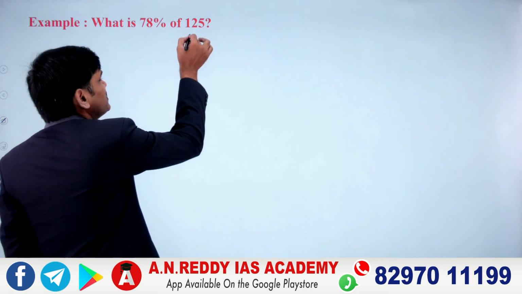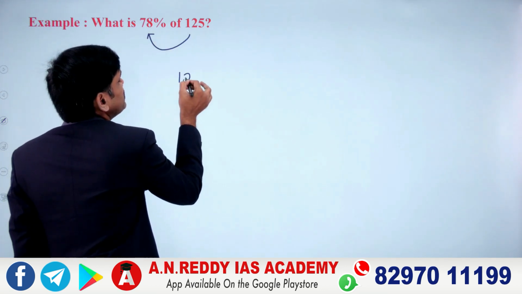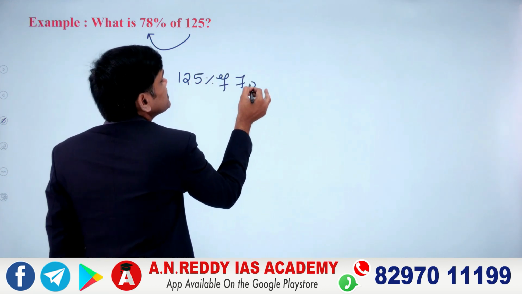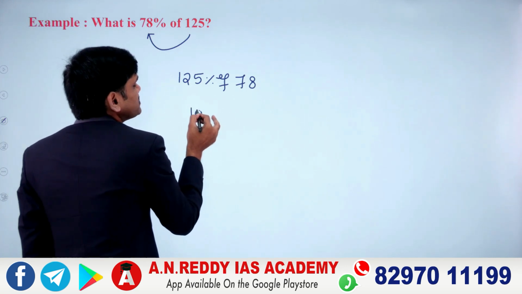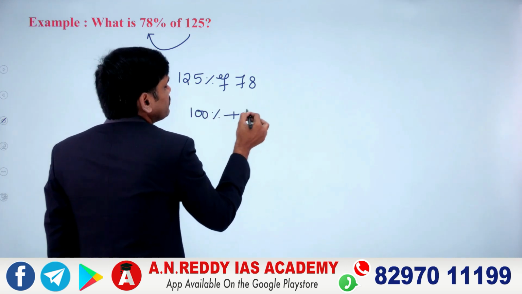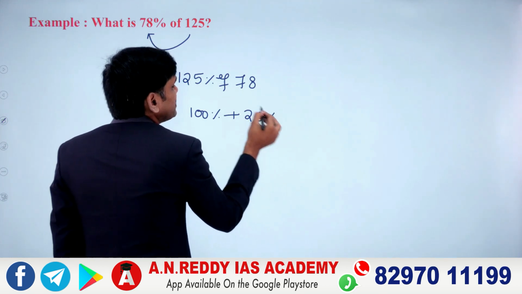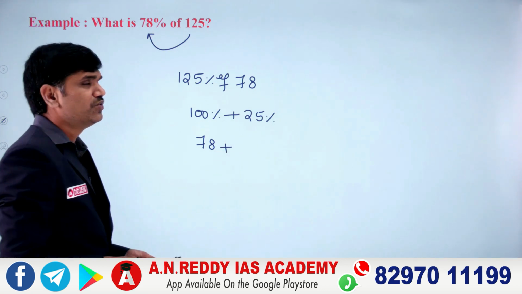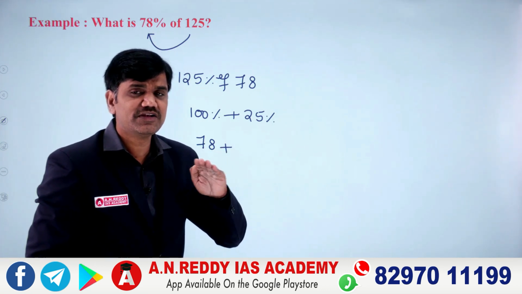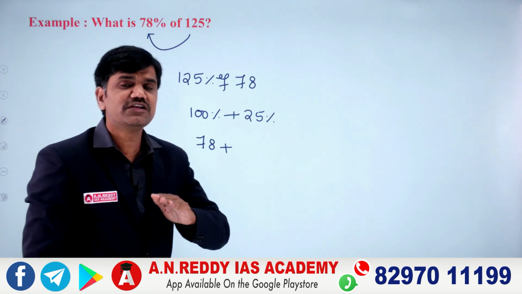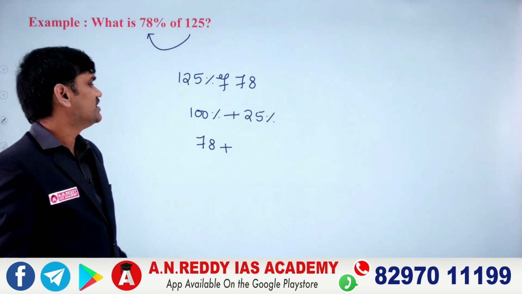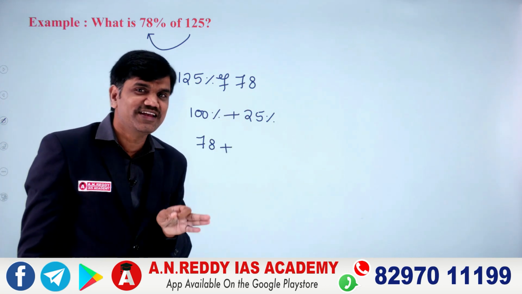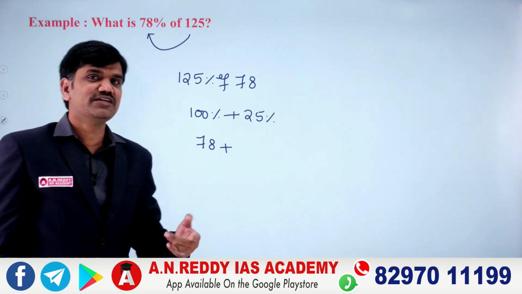Next, 78% of 125. It is easy to find 125% of a number. So I will convert this as 125% of 78. 125% is nothing but 100% plus 25%. 100% of the number is nothing but the number itself, plus 25%. How do we get it? Half of 100% is 50%, half of 50% is 25%. So 100% of the number is 78. 50% will be half of this, which will be 39. 25% will be half of that, which will give you